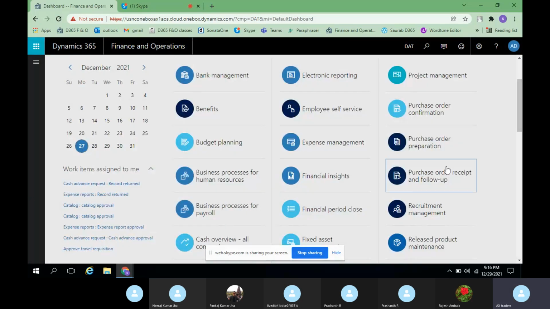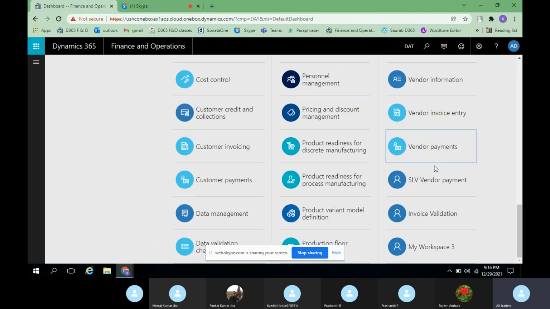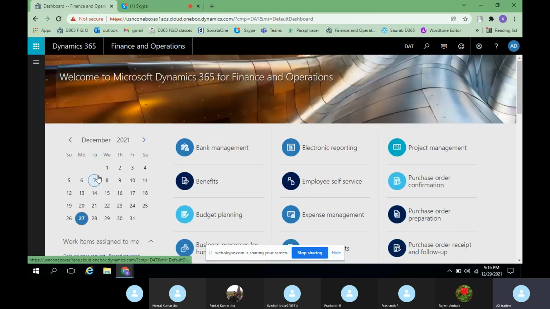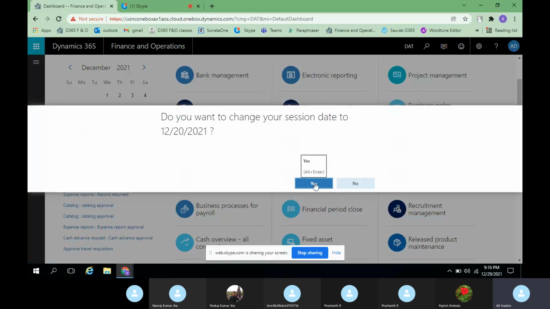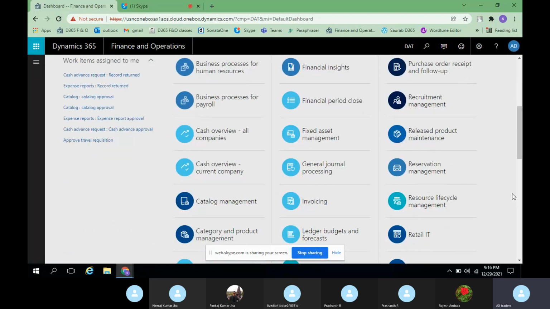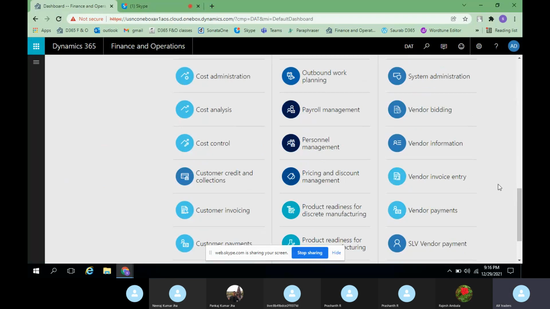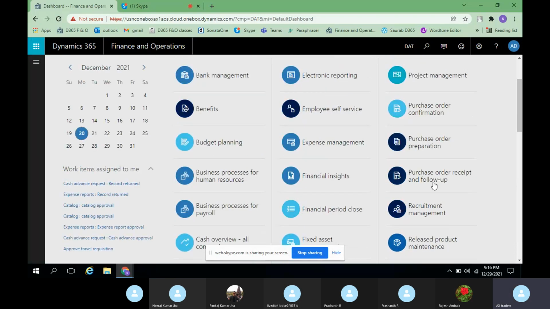now if you click on vendor payments, transactions up to the 27th only you will be able to see, and for the 28th and 29th it will not reflect. In case you select 20 and click on yes, transactions only up to 20 will be reflecting.